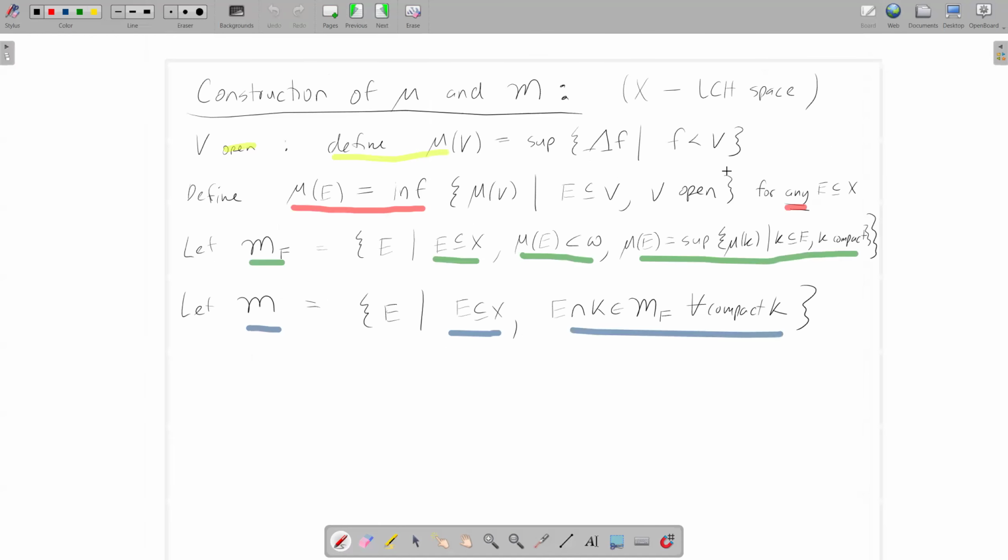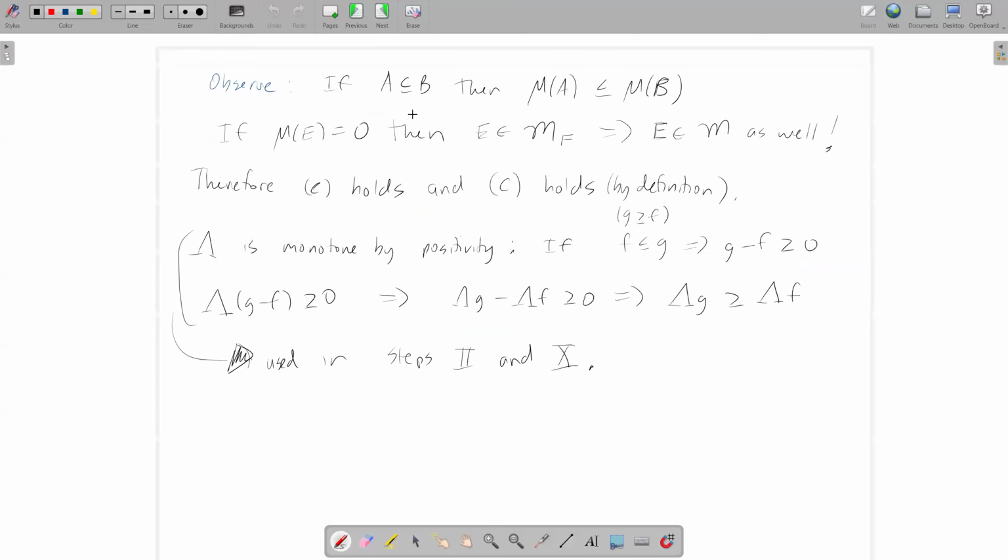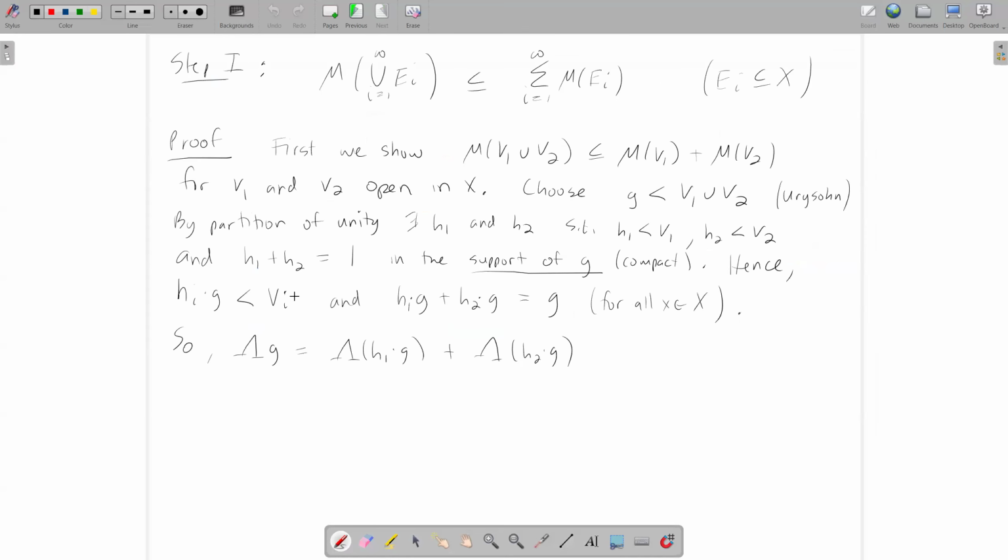Okay, so it's this. It's the supremum of the f's that are less than that open set. And we know that h_i g is less than v_i. So each one of these is then less than or equal to the measure of the corresponding open set V. So we get this. Okay, and this holds